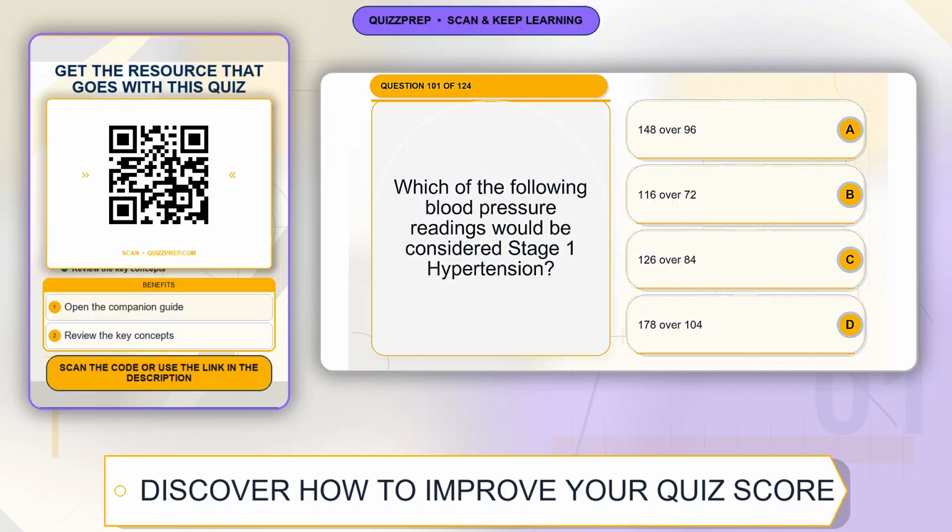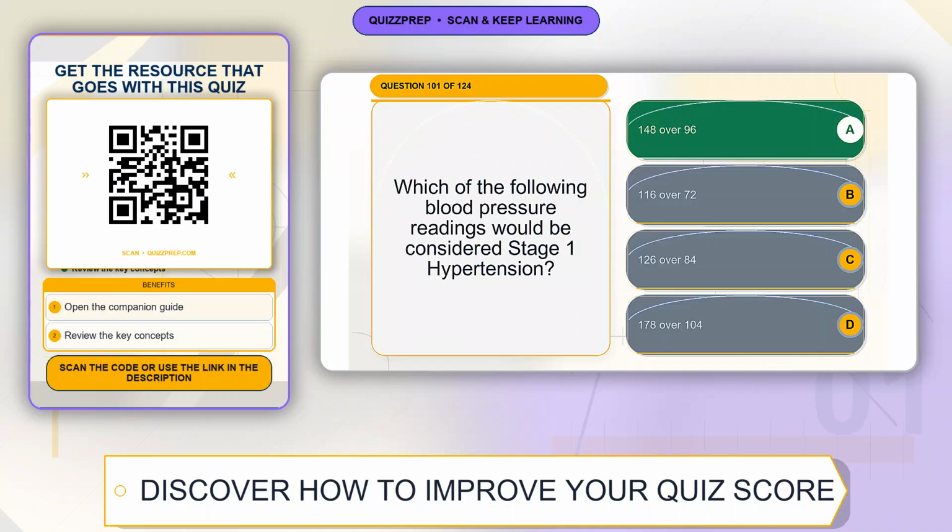Question 101. Which of the following blood pressure readings would be considered stage 1 hypertension? Option A, 148/96. Option B, 116/72. Option C, 126/84. Option D, 178/104. The correct answer is option A,